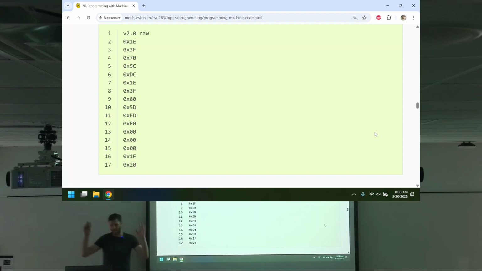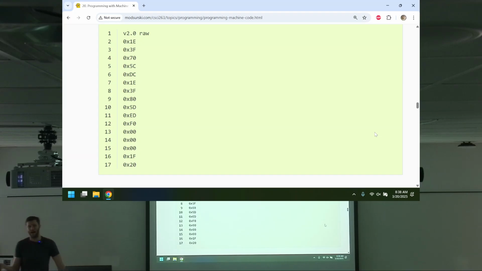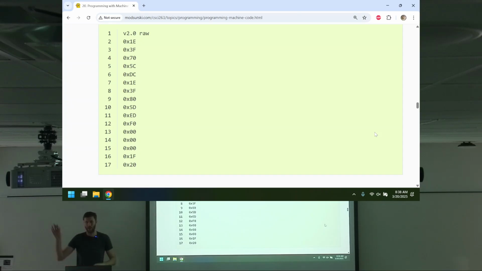So when you write C code, raise your hand if you've ever written C before. Okay? That's fine if you haven't. You don't have to feel bad. But if you write C, you compile that code, and it turns into the zeros and ones that run on your computer. It will turn into effectively this. You write your code. You compile it to,